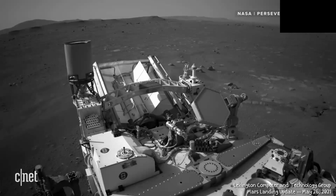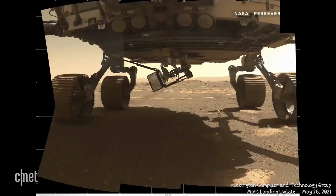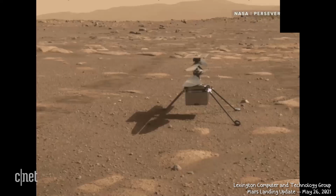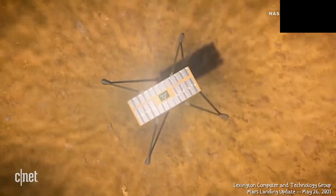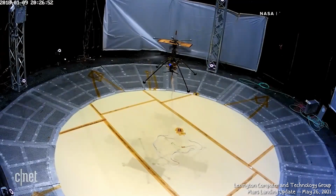The helicopter traveled to Mars tucked under the belly of the rover, which is about the size of a compact car. Ingenuity might be a featherweight compared to Papa Percy, but it's also a seriously impressive piece of machinery. It's completely autonomous and self-charging, with 2 pairs of 4-foot-wide rotor blades that counter-rotate to lift off in the Martian